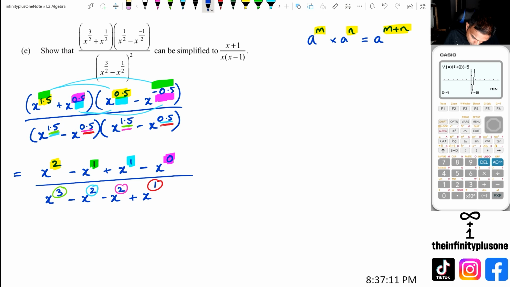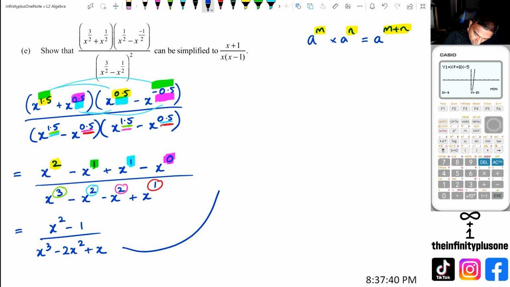All right, so now let's put this all together. We've got negative x to the 1 and x to the 1, the middle terms. So basically this part is going to become 0. So I'm only left with x squared minus x to the power of 0, which equals 1, divided by x cubed minus 2x squared plus x. Okay, so now what I'm going to do is write x squared minus 1 as x minus 1 times x plus 1,